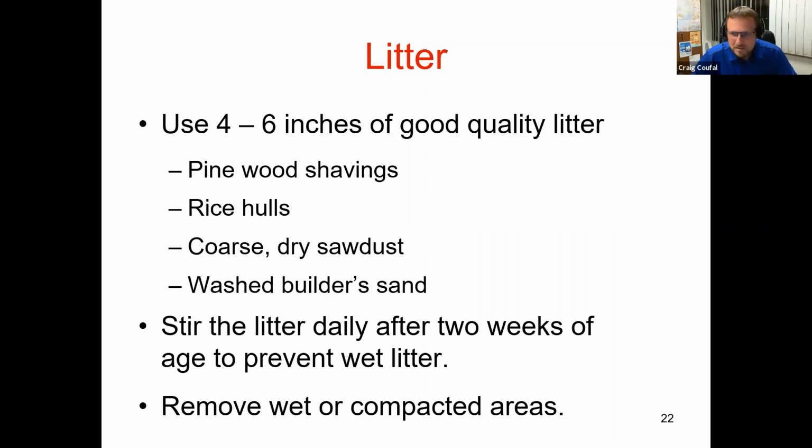sand, but sand typically tends to be a little cold on small chicks. Wood shavings is a better insulator. So that's the preferred